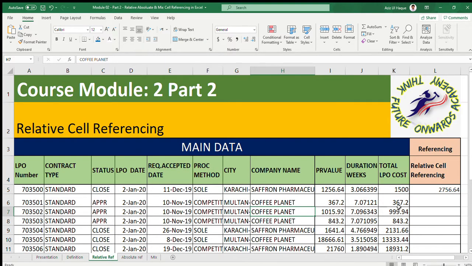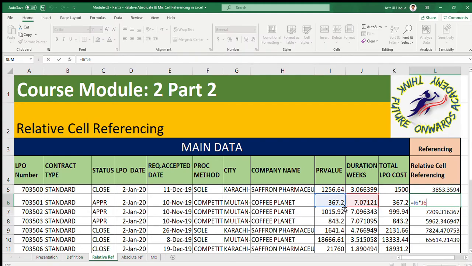What is relative referencing? Relative referencing means that if I am adding this value to this value and I am dragging the value downwards, it will add both of them, or subtract both of them, or multiply both of them at the same time with the same cell information. For example, if I want to multiply PR value by the duration, it will give me the multiplication, but when I drag the value down, the same cell referencing applies.